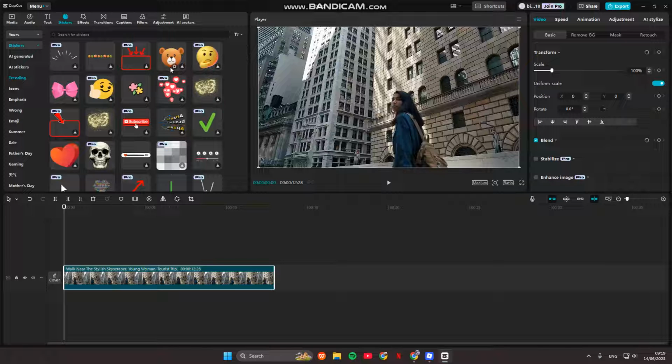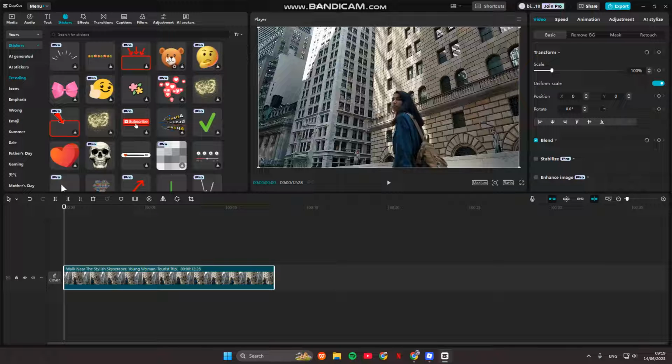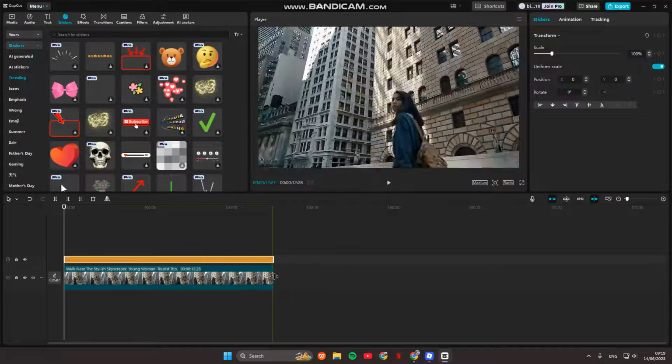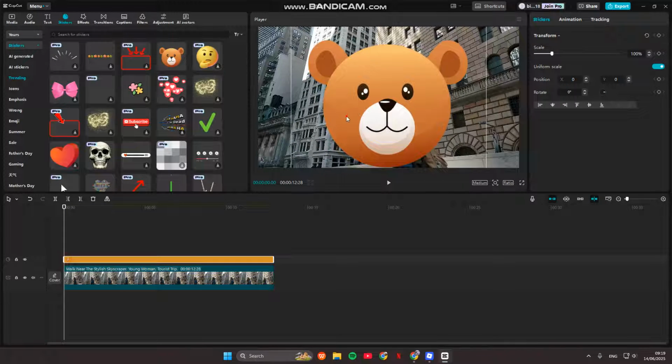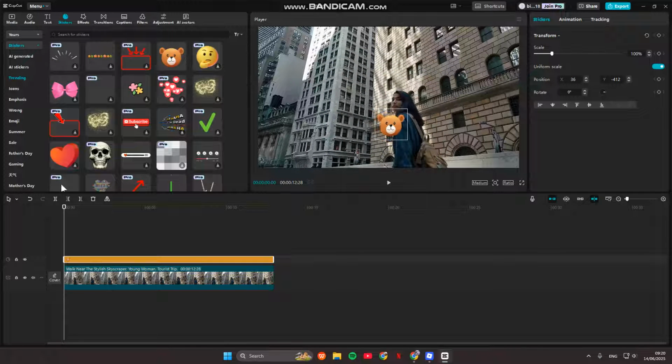So let's say I want to use the stickers in here. So you need to download it first if you haven't used it, and then just drag it to the timeline. Adjust the duration so it matches with the video. And then you can just adjust the size in here and place it on top of your face at the